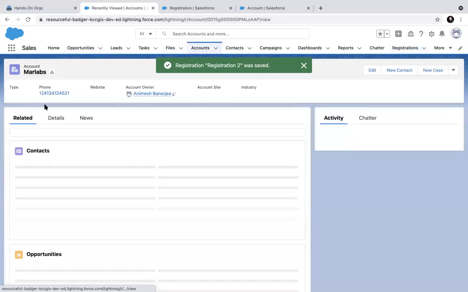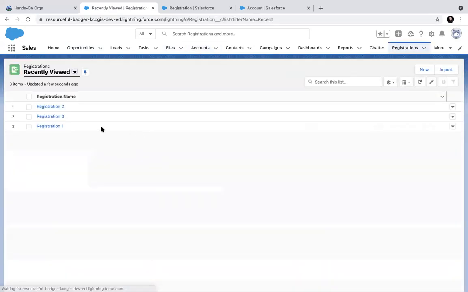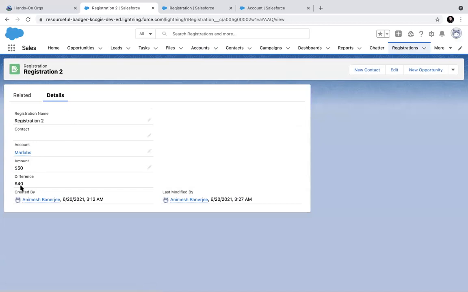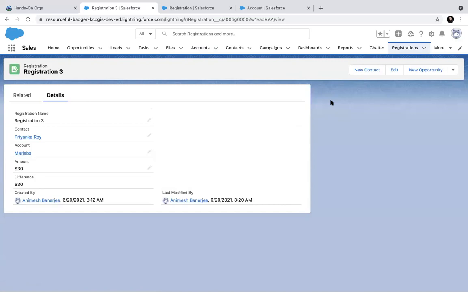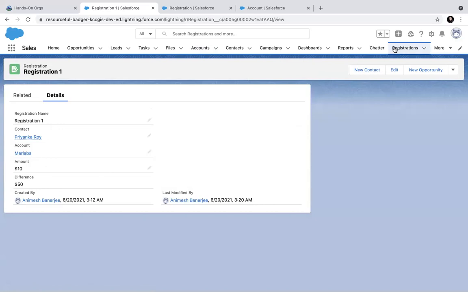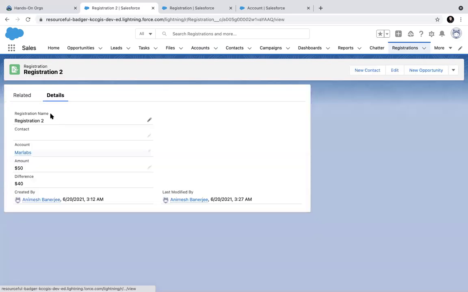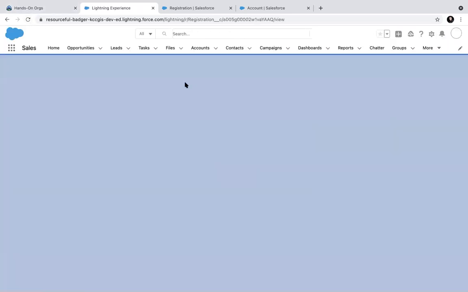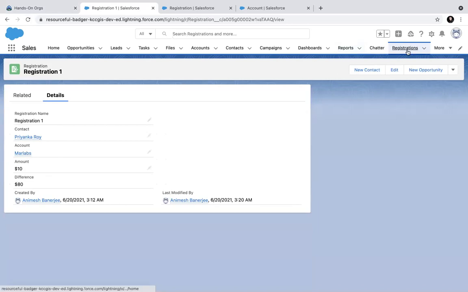It will make a total change of the total registration. Let's see what is the value coming here, $90 now, right? Yes, sir. So if I go to registration, 50, it becomes 40. So 90 and 50 is the new difference, right? Yes, sir. And then you have this 30. So it is calculating based on the new registration value, right? It is not showing up here just because you have to refresh the screen. Sometimes it caches. Now it is showing the correct value.